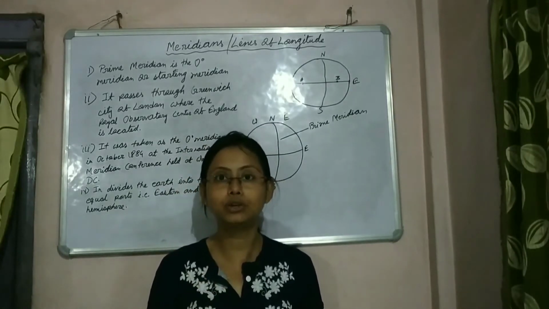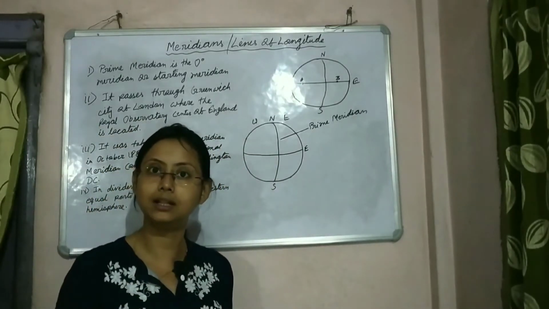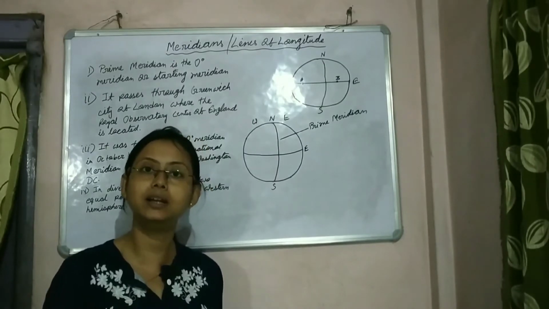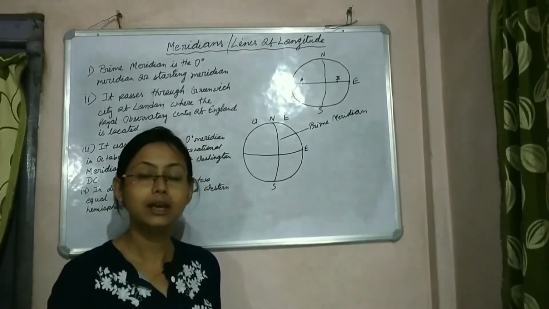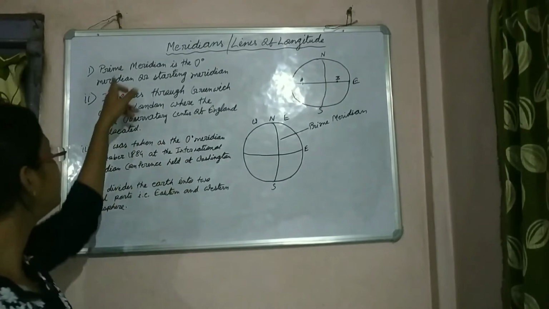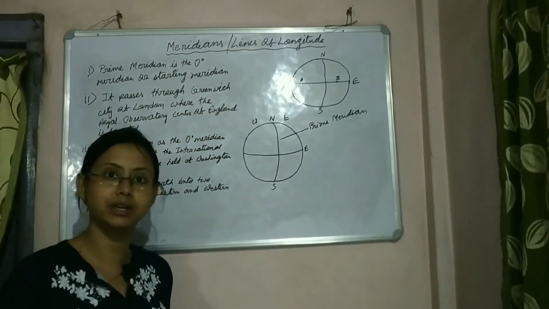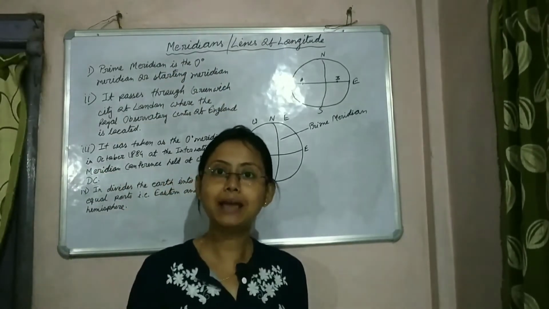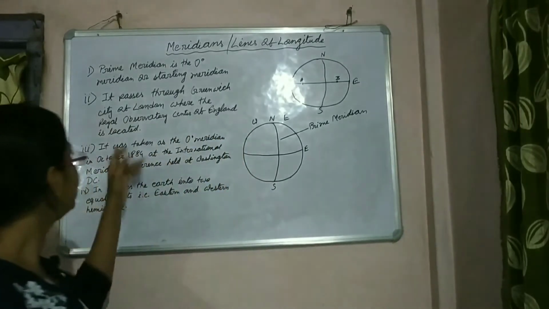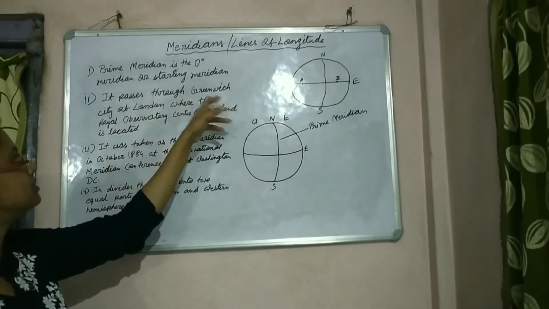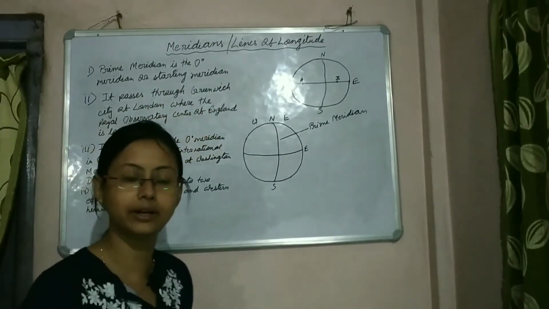Now, what is the 0-degree meridian? Let's find out. Just like in the case of parallels, we have a starting parallel, that is the 0-degree parallel, which is called the equator. Similarly, in the case of meridians also, we have one starting meridian, or 0-degree meridian. Now, what is the name of that 0-degree meridian? The name of that 0-degree meridian is the prime meridian. The prime meridian is the 0-degree or starting meridian. Now, in the case of the prime meridian, there are some interesting historical facts which we need to know. Here you can see I have written that the 0-degree meridian passes through Greenwich, a city of London, where the Royal Observatory Centre of England is located.